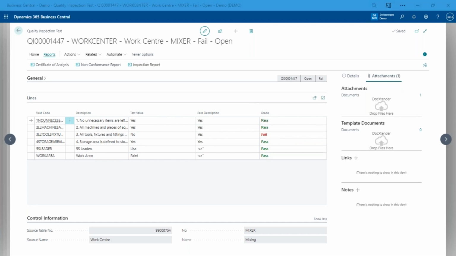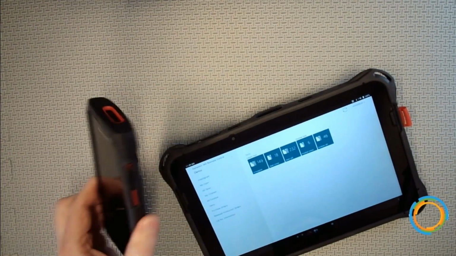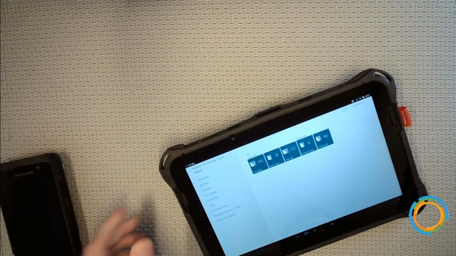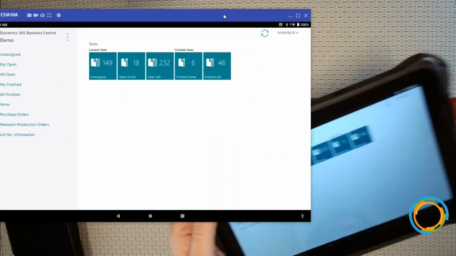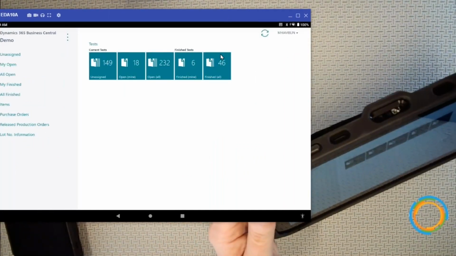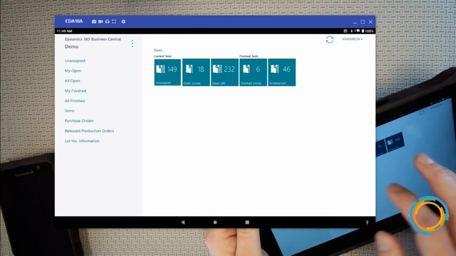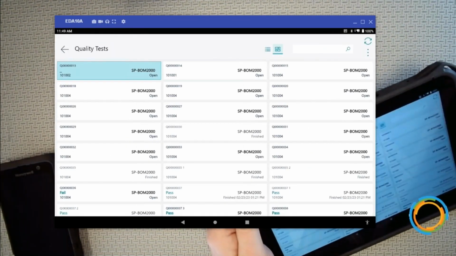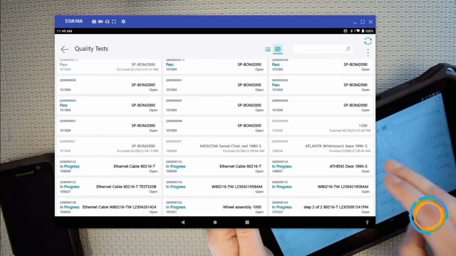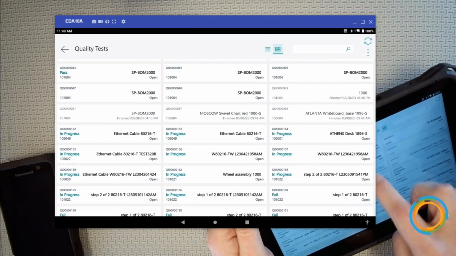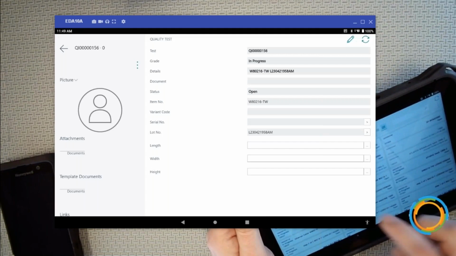I'll very briefly show you the tablet interface. So, again, you can run it on a phone or a scanner. And this is the tablet interface, and there it is on the screen, but that's the tablet I'm using. It's a rugged tablet with a built-in scanner. But basically, it's the same sort of thing, just in a tablet. This, by the way, is the information that you set up to show in Business Central. These are the bricks that we're talking about. And I can open up any of these tests.